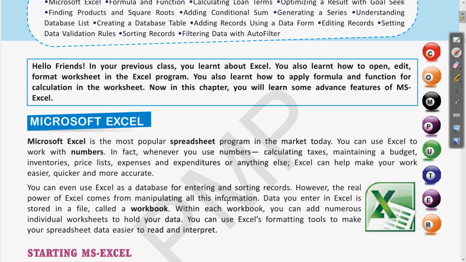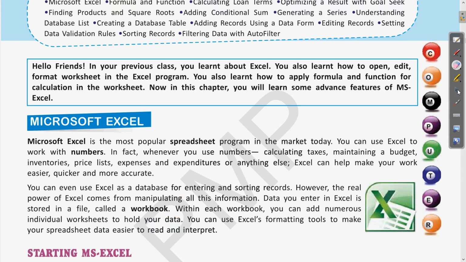Then we have seen what a workbook is and what a worksheet is. A workbook is a collection of different worksheets, and an individual worksheet is a single sheet, or you can say the file in which you are saving the data. Clear? As we use a notebook, you can relate that a single page will be called a worksheet and the notebook is the workbook. Clear? In the same way this Microsoft Excel software also works.